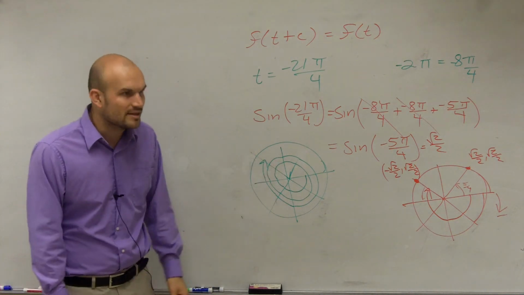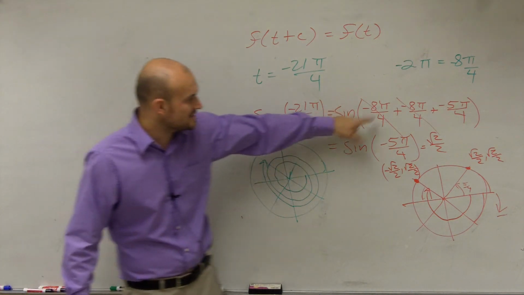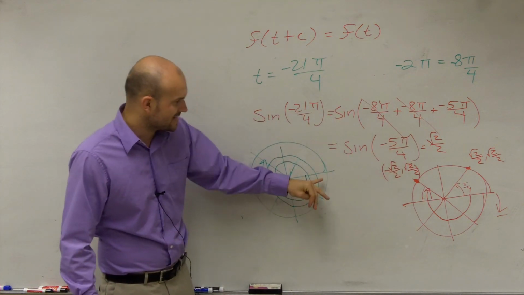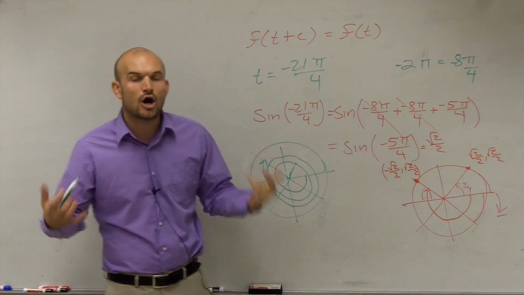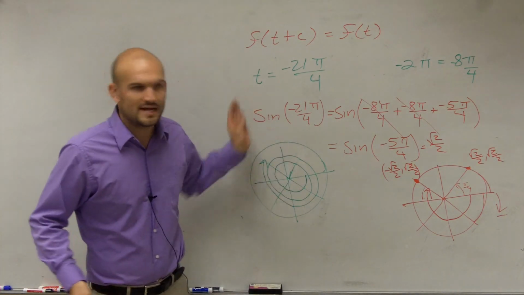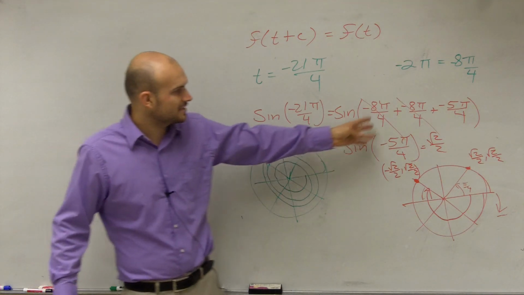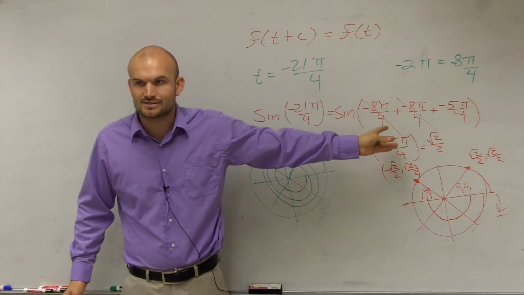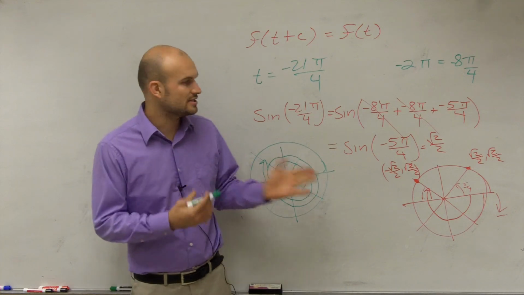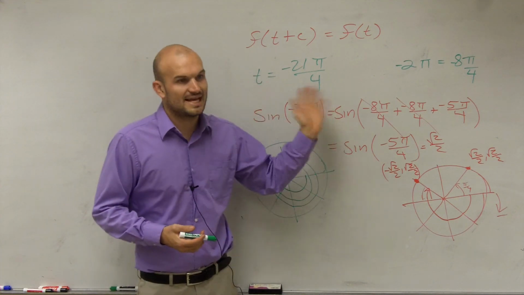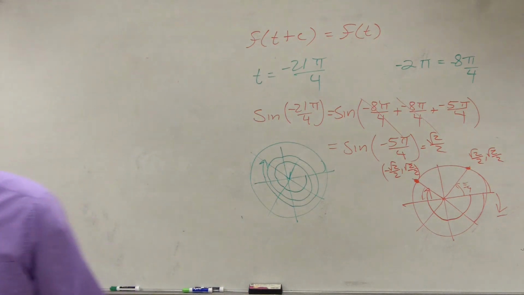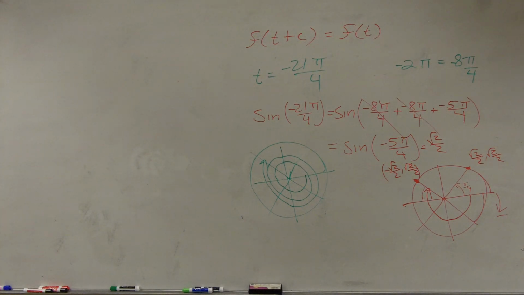You guys get to the same point. They're coterminal angles, right? I'm just adding 2 pi's to it. These are coterminal angles. They start at the same point and end at the same point. All I'm showing you how to do is eliminate all that circling. And that circling is just eliminating your 2 pi's. Okay? And just seeing how many times you take revolutions or periods and just canceling them out. Does that kind of make a little sense? It's not anything that is amazingly new, but it's just something that kind of